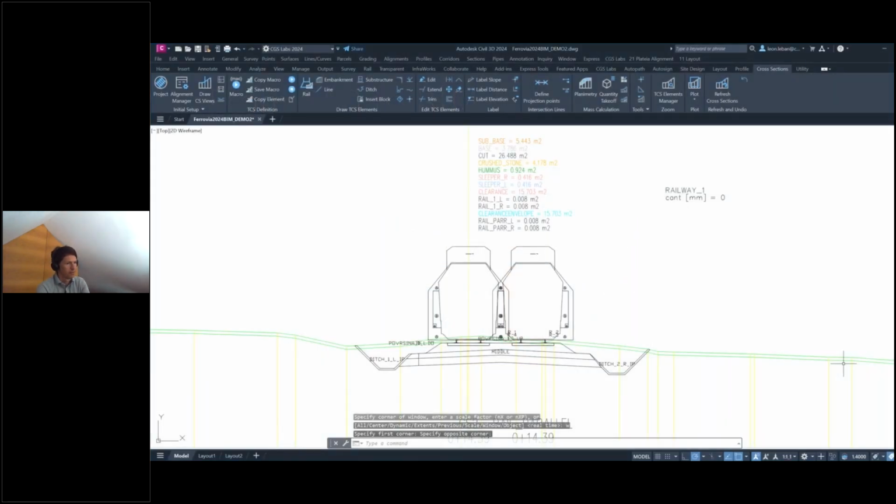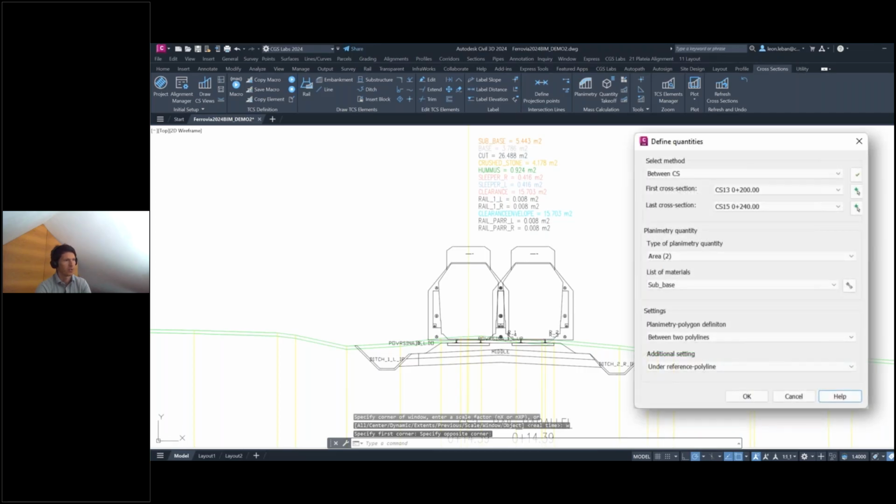Okay, so this one will go actually hands-on later on. What is important here to remember is that once you get to the cross sections and you do all that detailed design of your cross sections, either single track, double track, or multi tracks, which we can support, one of the important things is that you have to define, let's say, the materials, the quantities. So the material for your ballasted track, for your sub